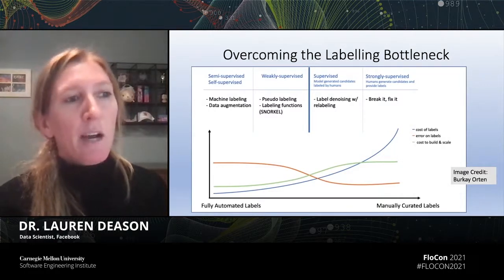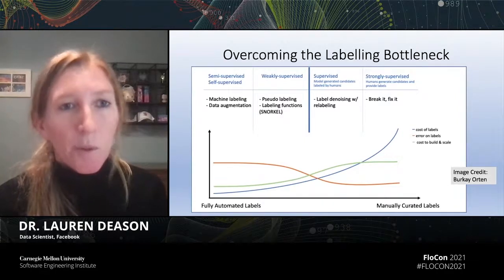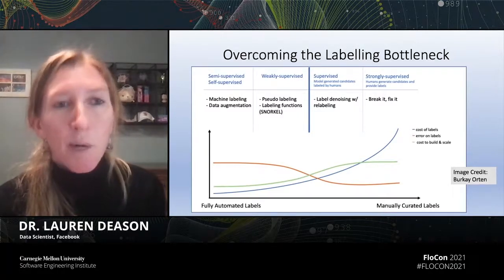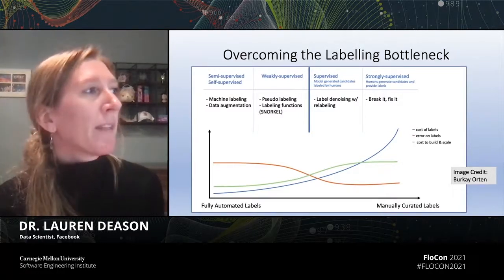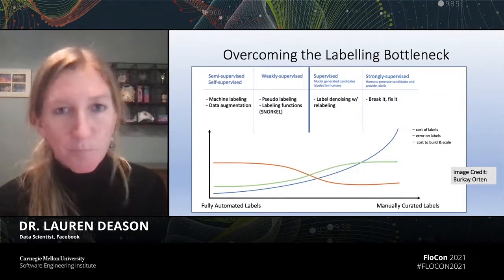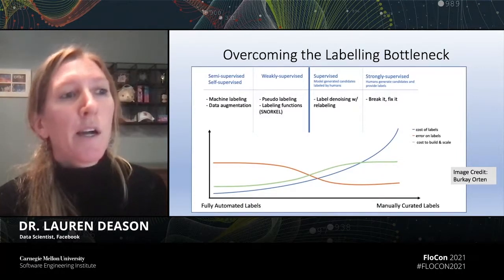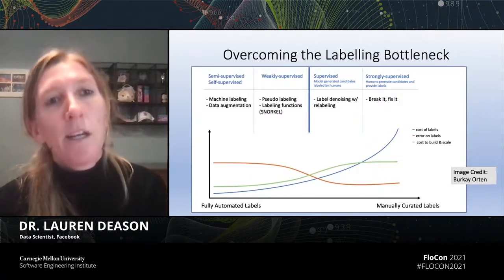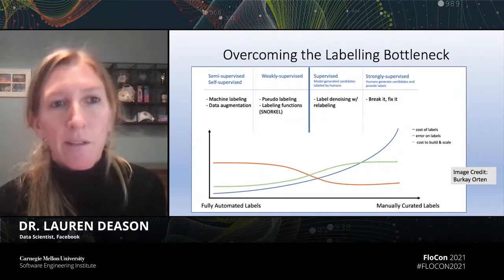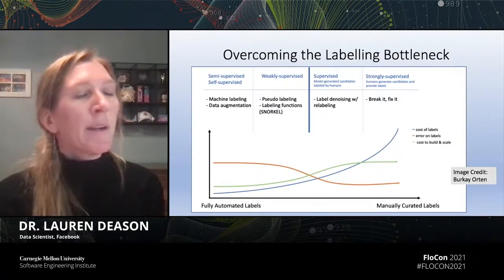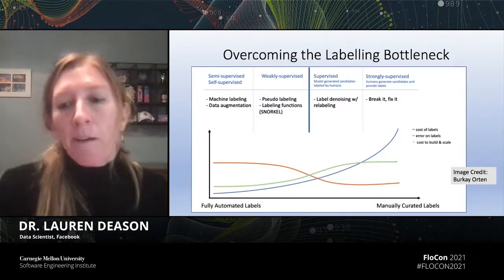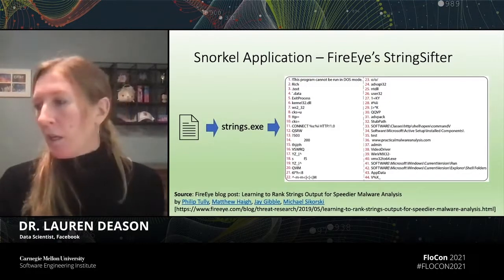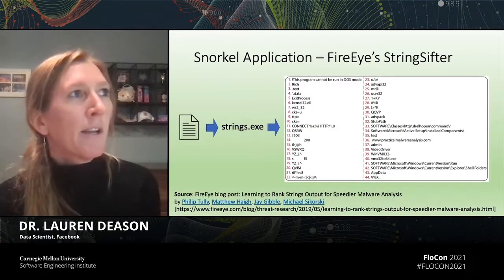But we're going to take advantage of some algorithms that allow us to combine together multiple simple heuristics, such as the ones I just described in the previous slide, to generate probabilistic labels that are automatically generated, but take into account correlations and dependencies or disagreement rates between the heuristics that you feed it, in order to come up with one final label for a given sample. So open source tools like Snorkel do this for you. And so I'm going to give an example initially from the InfoSec space from